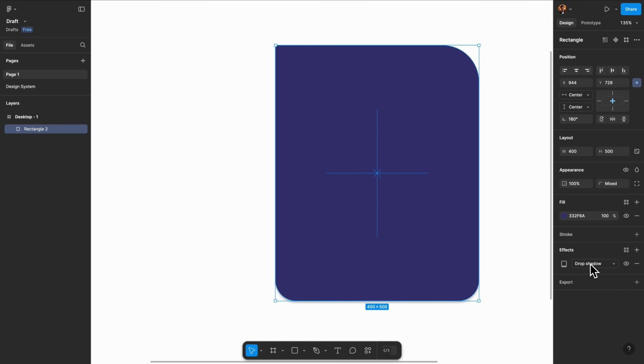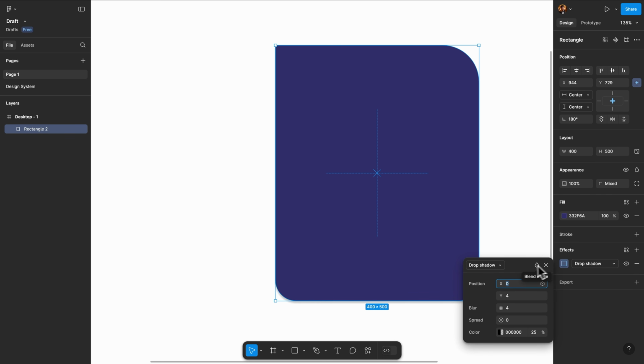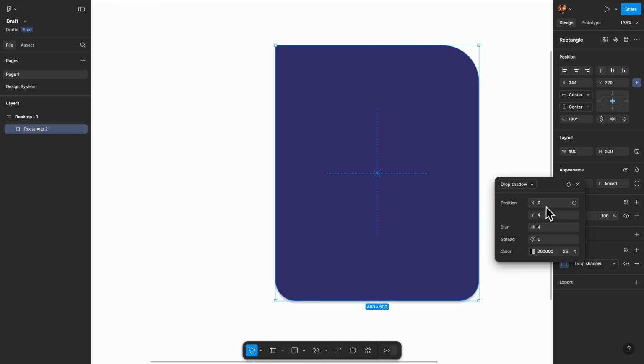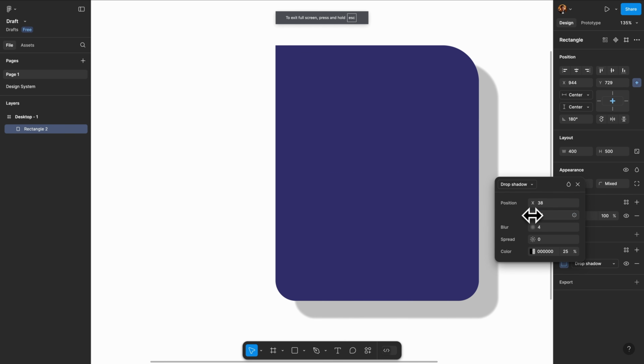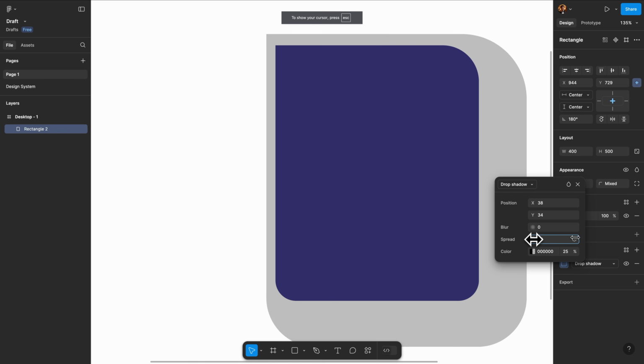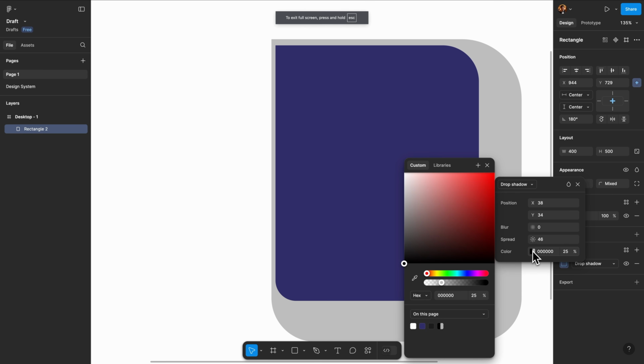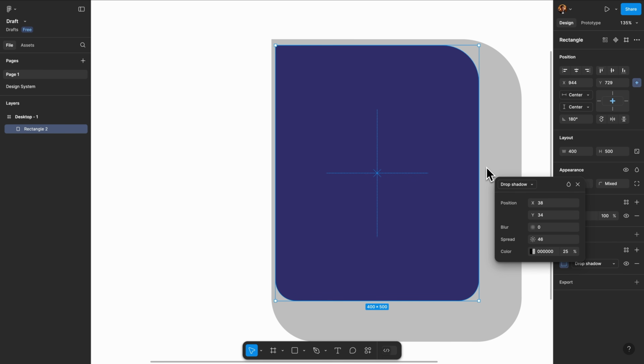Here, by default, it's set to drop shadow, and if I want to change its properties, I can just click on this option, Effect Settings, and it allows me to change the position, like that, the X and Y coordinates. It allows me to change the blur property. So basically here we can change the blur radius. Then we have the spread property as well, just like that. You can change the color, you can set the opacity here, and that's basically how we add shadows to our